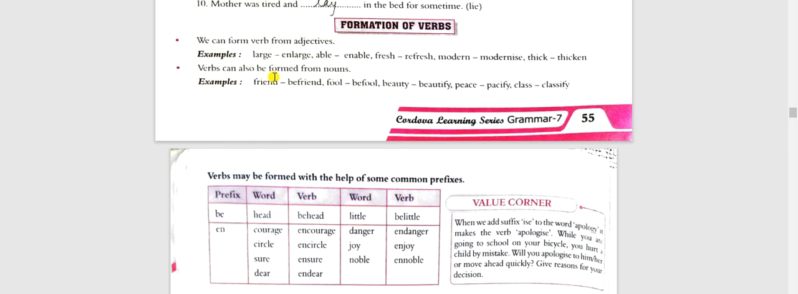Able. We have added en. Again, an en is added to able. It becomes enable. Fresh. Add re to fresh. It becomes refresh. Modernize. Now the term is modernize. So ise is added after modern and it gives a new form which is modernize. Thick, thicken. So from adjectives, these words are adjectives, children, and verbs are created from these adjectives. Large is an adjective, enlarge is a verb, able is an adjective, enable is a verb, fresh adjective, refresh verb. Okay, similarly,